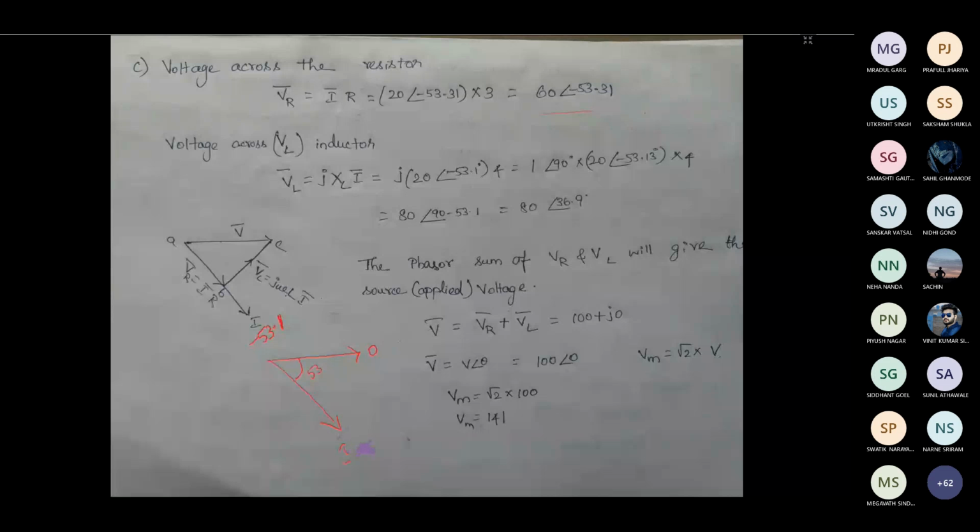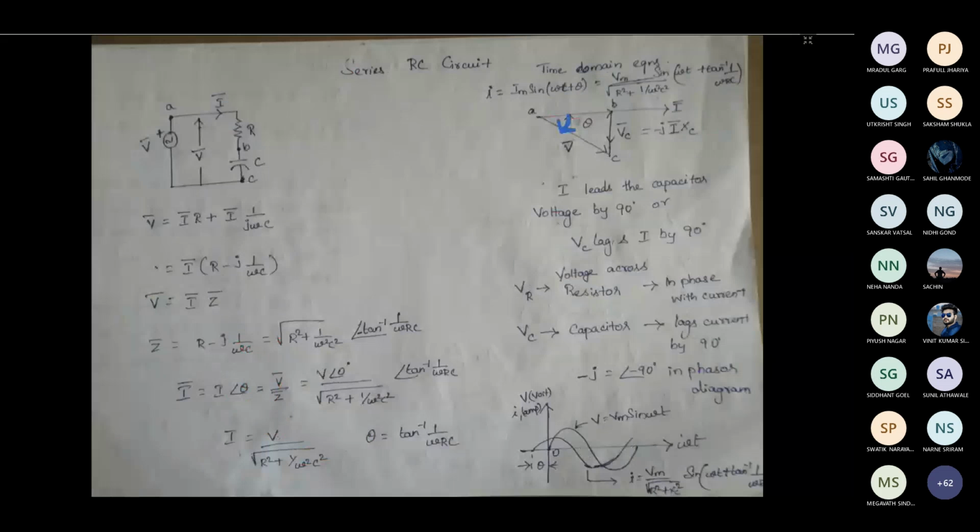Then this is the current phasor. After that, I have taken a 90 degree shift for the voltage across the inductor. The voltage across the inductor will be leading the current by 90 degree. To represent that, I have drawn this, no difference. I have just tilted the previous diagram, whatever I had drawn here, and drawn it in this way. You can consider that I have rotated it. Nothing new in this.